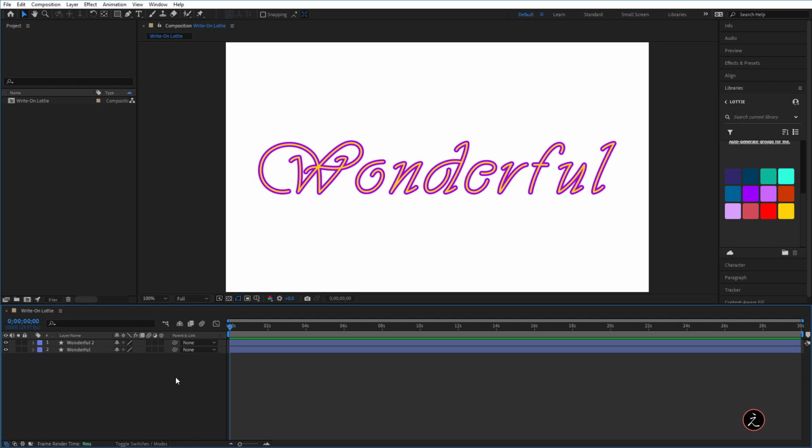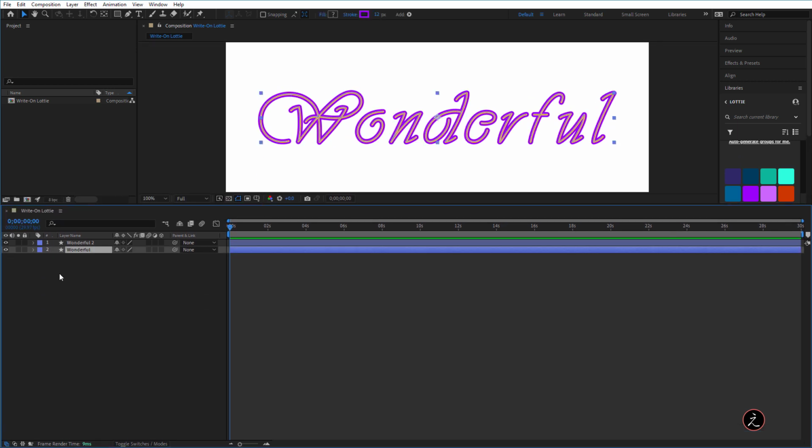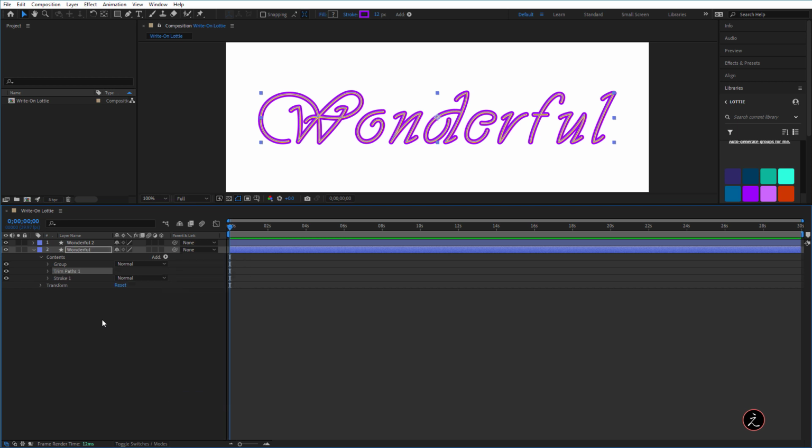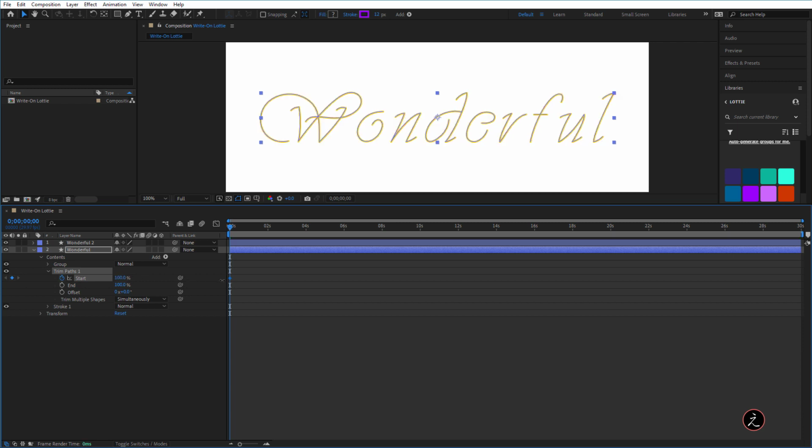All right, so let's go ahead and animate those stroke paths by adding a new operator. In this case, I will target this shape layer here, and then I will click on the Add Flat menu, and then add a Trim Paths operator. I will open this up, and I will animate the Start property. So I will click on Stopwatch to create the first keyframe, and I will bring this up to 100%. Then I will scrub the current time indicator to perhaps here, and then zero this back.